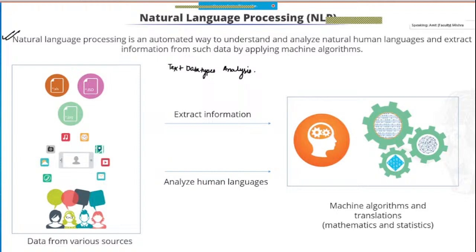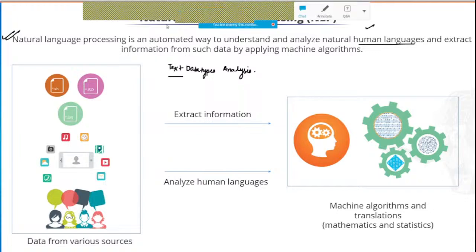It is an automated way to understand and analyze natural human languages, which will mostly be in text. So the idea is that we have to look at processing these data sets,